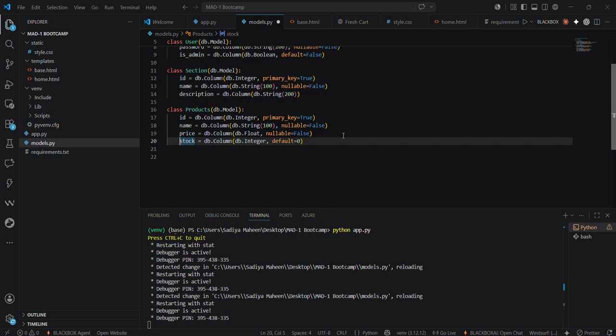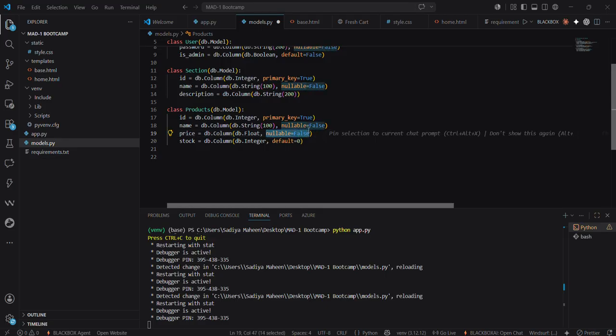Default equal to 0 and nullable is false. Both are the same, no? Right, nullable is false, so there is a slight difference. Nullable is false does not allow us to leave it empty whenever we are initializing that row. Default is equal to 0 also does that in a way, but it also initializes it to 0 if we are not giving any value to it when we initialize the row. So there is a slight difference